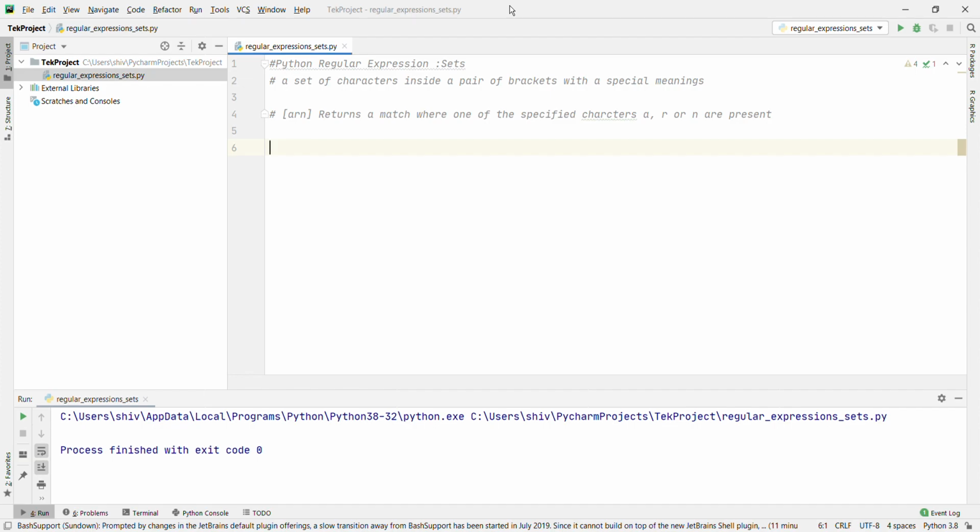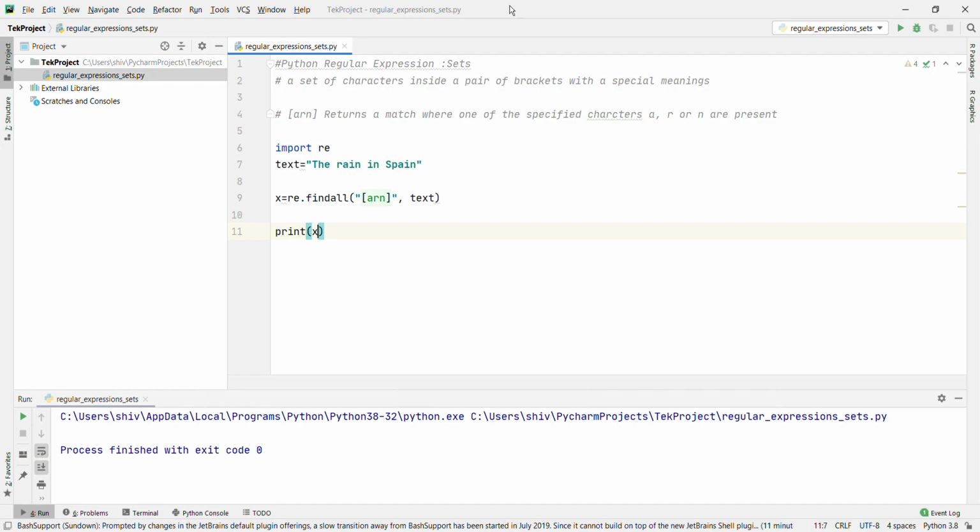Let's import re first. And the text, the same example, the rain in Spain. Now x equal to re.findall, and then pass [arn] and text.